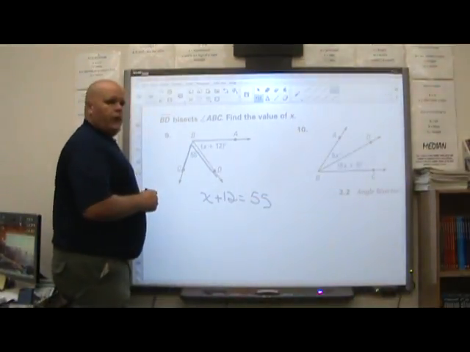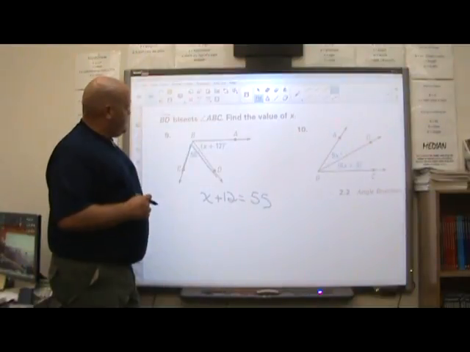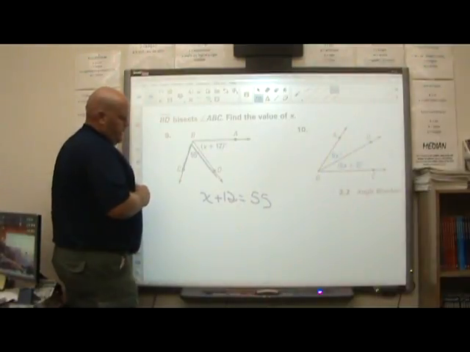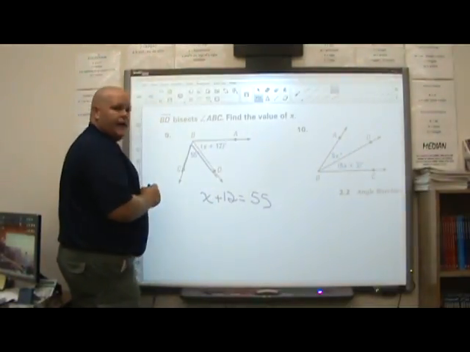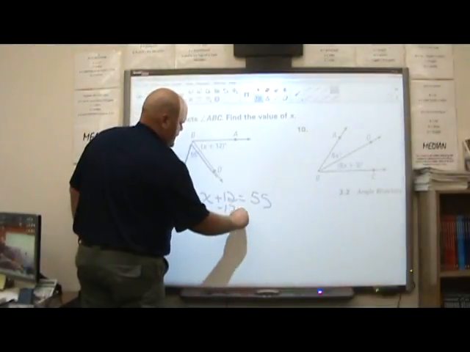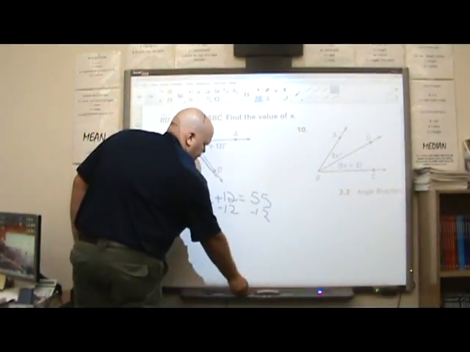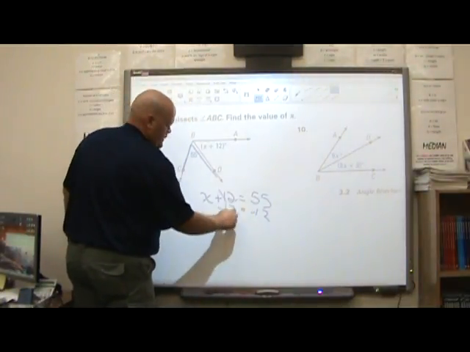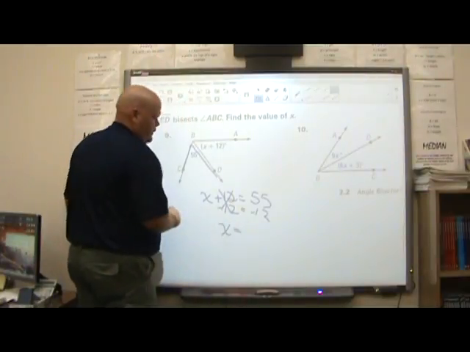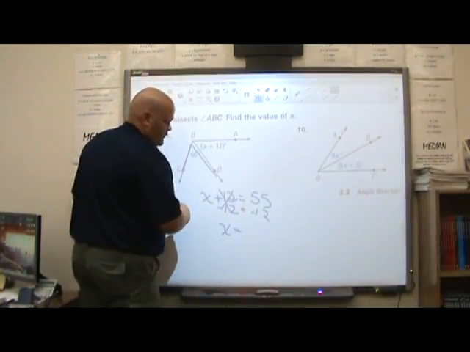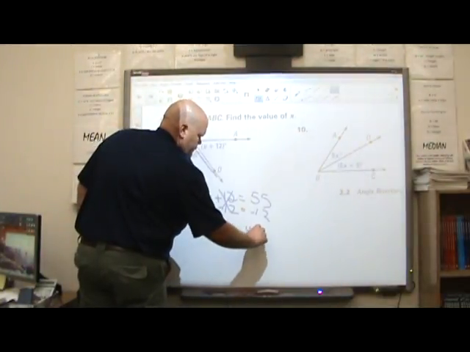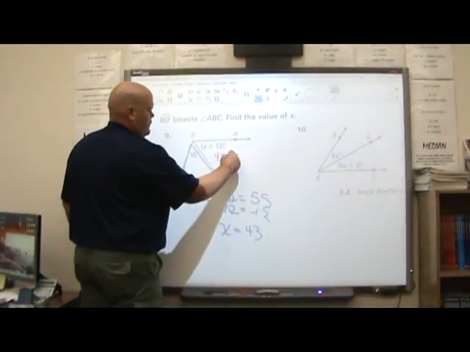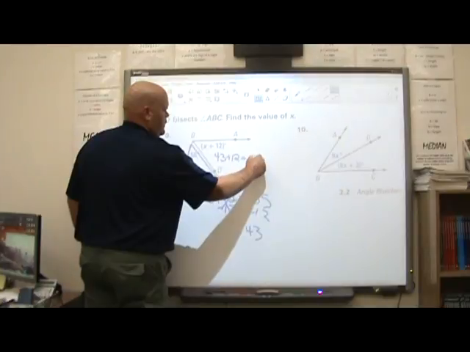All right, now we've got X plus 12 equals 55. If this is a bisector, this ray BD, then 55 should be equal to this. We just have to figure out what X equals. So I'm going to separate everything from my X or my variable. I'm going to subtract 12 from this side. I have the equal sign right here, so I have to be equal on both sides. Got to be fair. These cancel out, which leaves me with the variable X, or the letter X on this side. 55 minus 12 is going to be 43. So if I plug 43 into X, I get 43 plus 12, and it does in fact equal 55